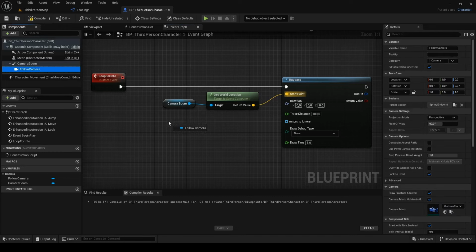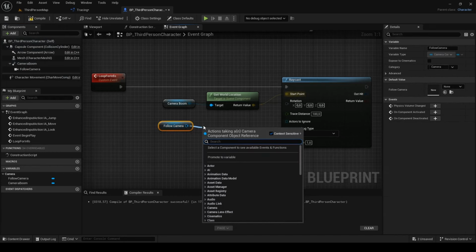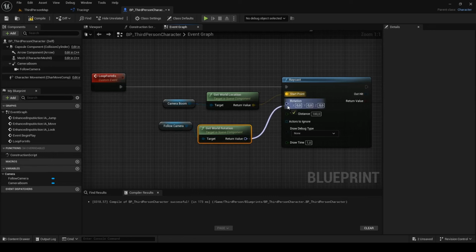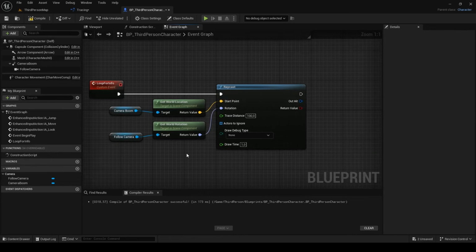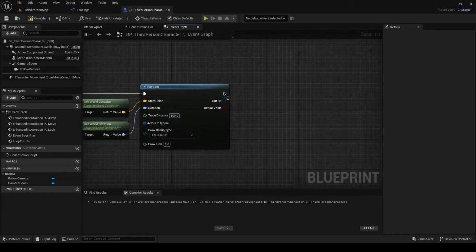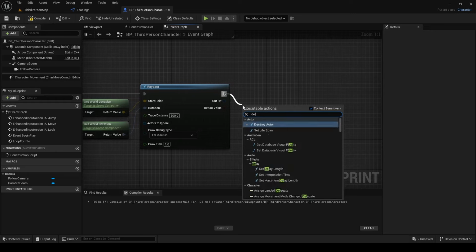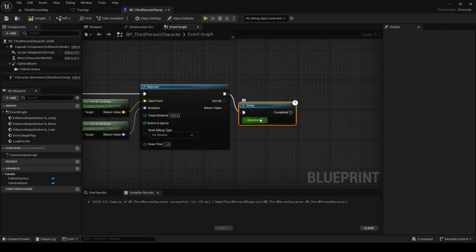Now drag in Follow Camera, search for Get World Rotation and connect it into Rotation. Trace Distance is up to you, I go with 500. I change Draw Debug Type to For Duration and leave Draw Time at 1 so we can see that it works. After Raycast, add Delay with a duration of 0.1 and create an infinite loop, at least for now.